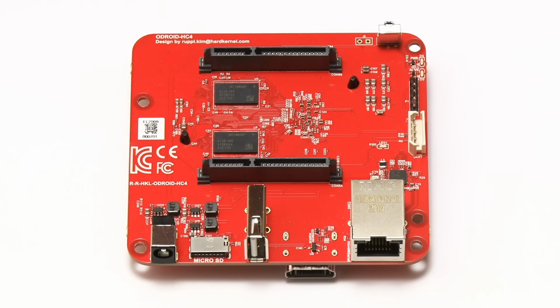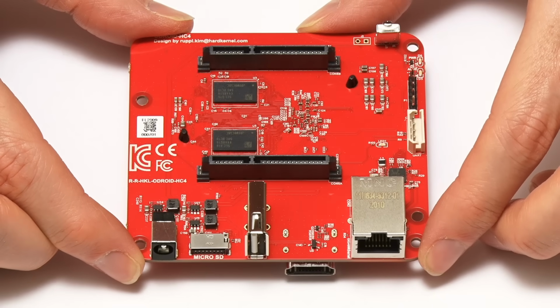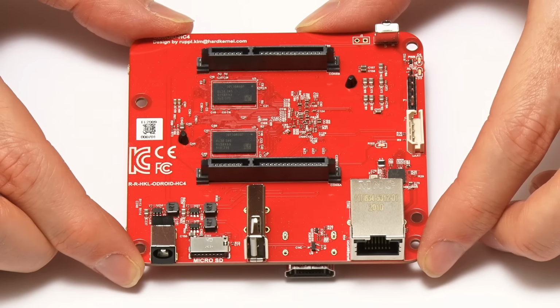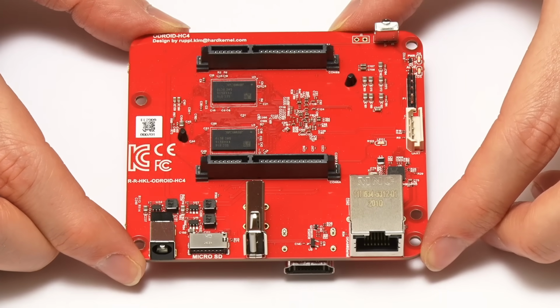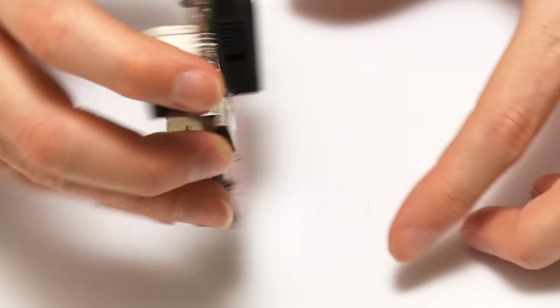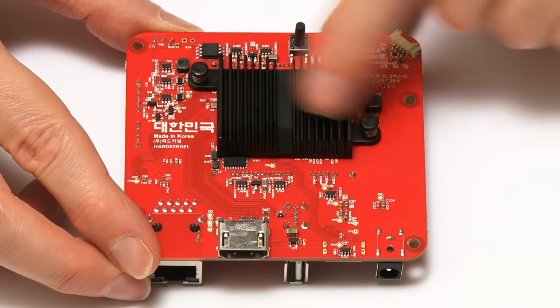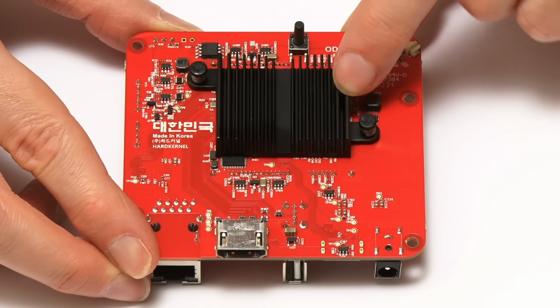Greetings. Here I am back again, and as you can see, I've now taken the Odroid HC4 single board computer out of the plastic case so we can have a proper look at it, and it's a really nice single board computer. I think we should start out by turning it over because the system on the chip is on the base of the board under this heatsink, and the chip is an Amlogic